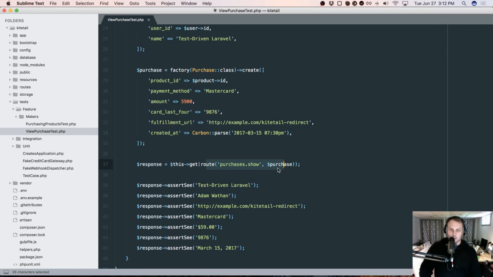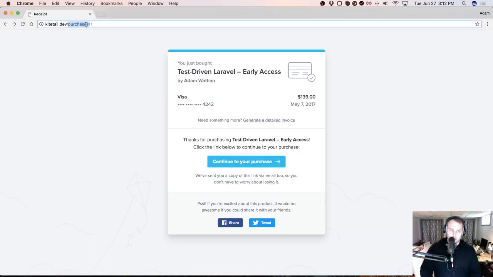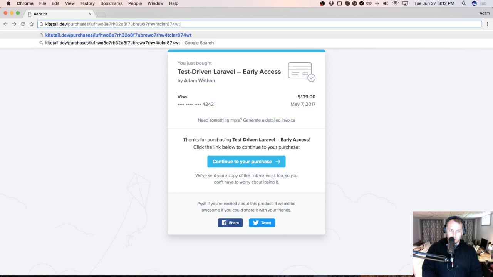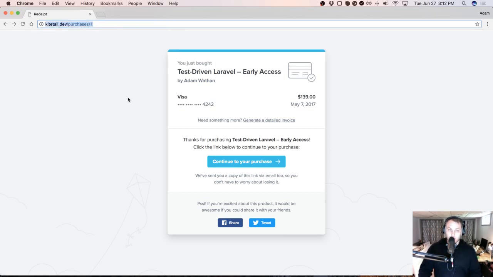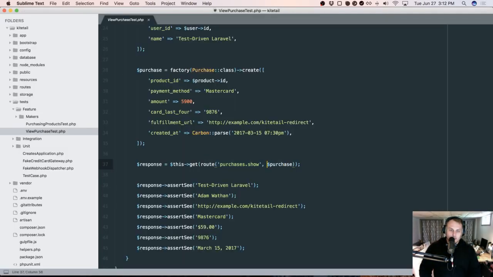I think most people would assume that this is just going to create the URL with the ID and stuff. But since we want to create like a new URL, something like purchases/blah, blah, blah, I think we want to be explicit in the test that that's the URL we want to hit and not the ID one. So let's change this GET request to something like